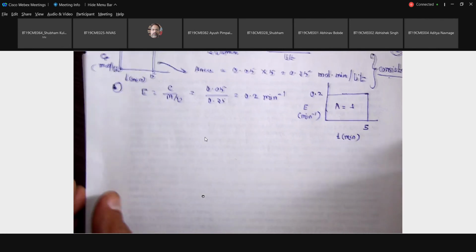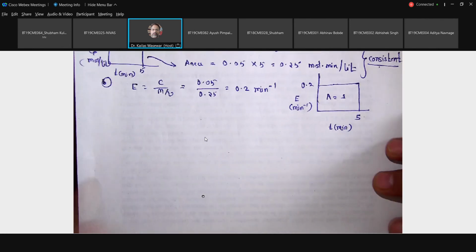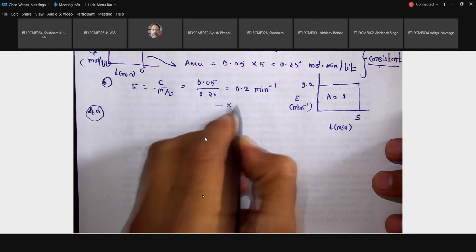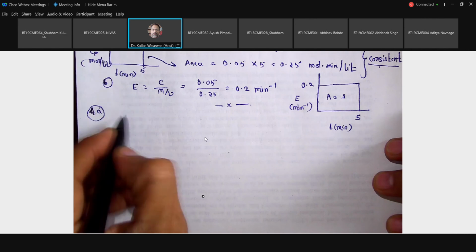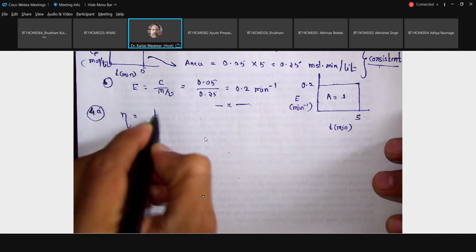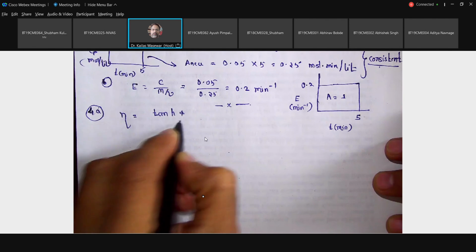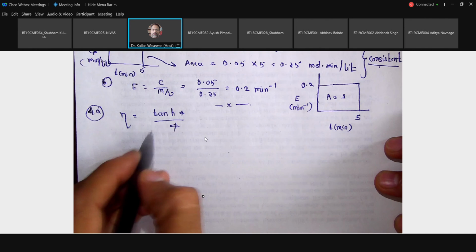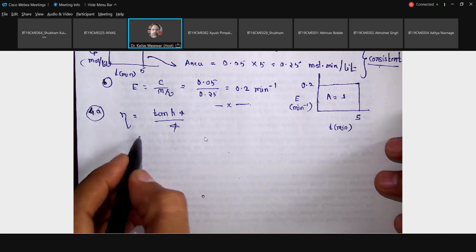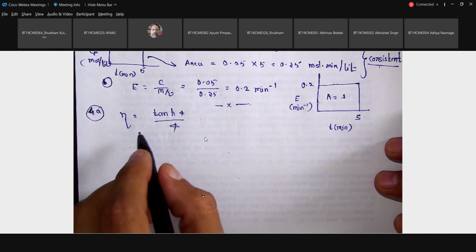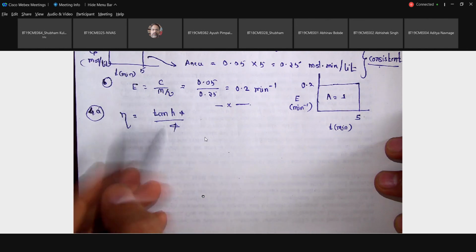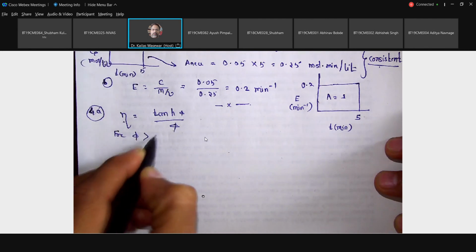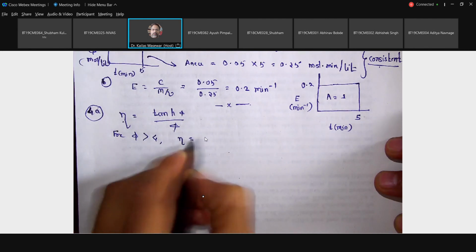Now the other question, that is 4A. It was very straightforward. Nothing was given. It was just a kind of bonus mark, but still you are not able to get it. The Thiele modulus is given as 3. If it is more than 4, then only it will be inversely proportional to this one. For theta greater than 4, n is equal to 1 upon.